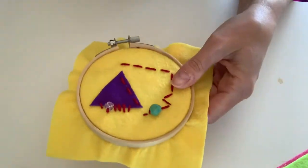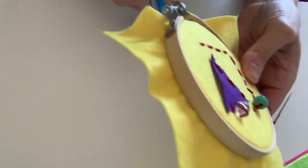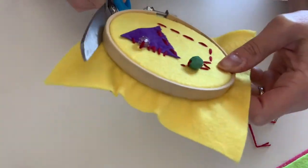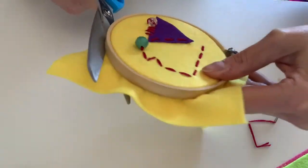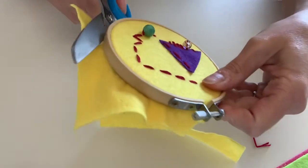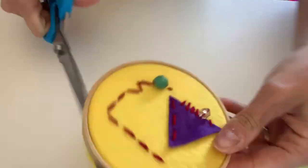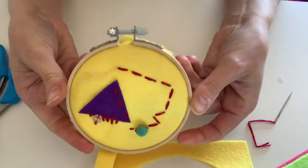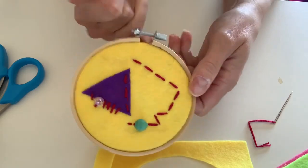So what I would do with this guy is I would take my scissors. I'm just gonna snip that off so you can see a little bit easier. I would take my scissors and I can trim all of this extra felt off of the sides. Just like that. And then I can take and hang this on my wall or hang it wherever I like and just have it displayed in